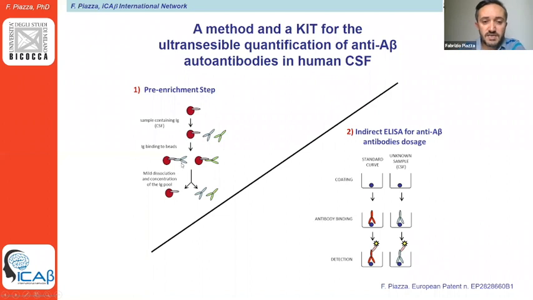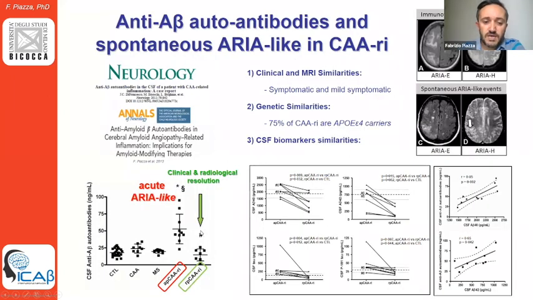And so we developed this technique that is a two-step technique based on functionalized magnetic beads and an inverted ELISA to specifically dose the concentration of these antibodies. And we were lucky to demonstrate that during the acute phase of CAA-ri, so when there is an acute ARIA-like presentation, we found a 3 times increase of these autoantibodies compared to different groups of control patients, not only healthy controls, but also non-inflammatory CAA and multiple sclerosis patients